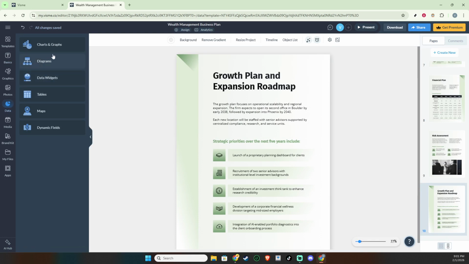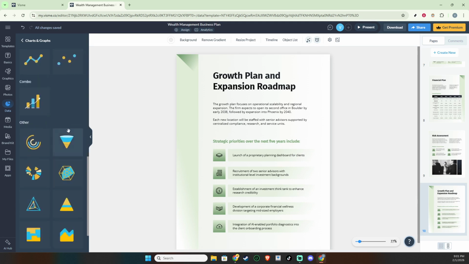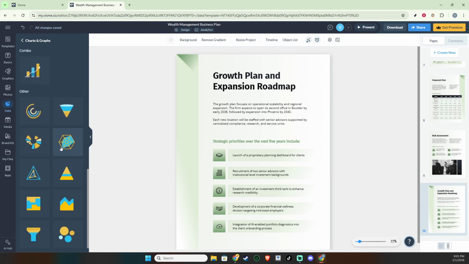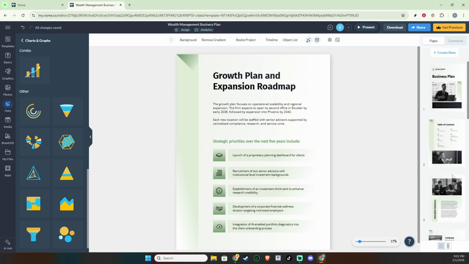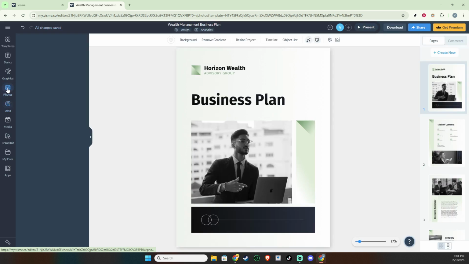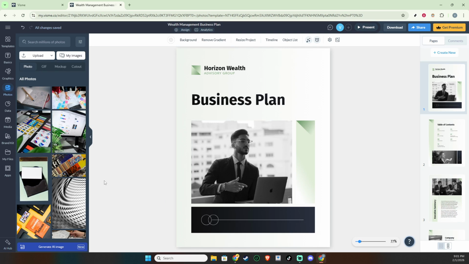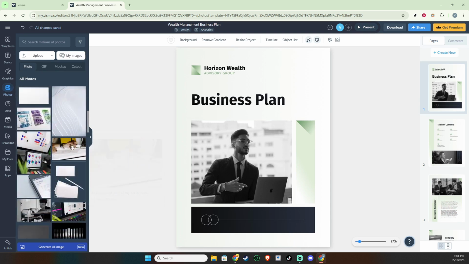Finally, add charts, icons, and visuals from the Assets panel. Use charts for data like market size, channel performance, or budget distribution. Choose a chart type that matches the story: bar charts for comparisons, line charts for trends, and pie or donut charts for proportions. Pull in icons to signal sections and make scanning easier, and add photos or illustrations that reflect your brand and audience. Keep visual consistency by matching colors to your template palette, labeling data clearly, and leaving enough white space so